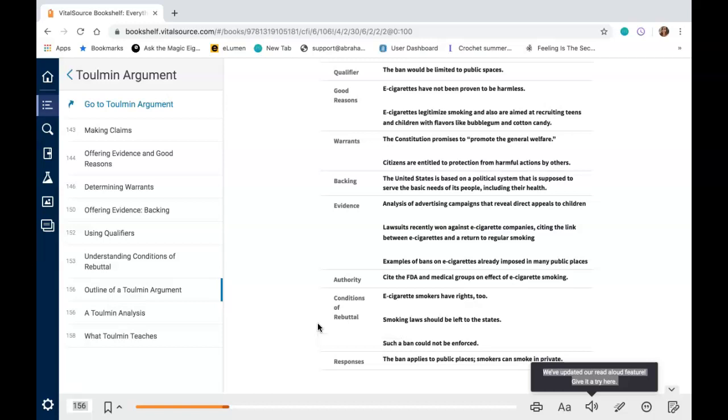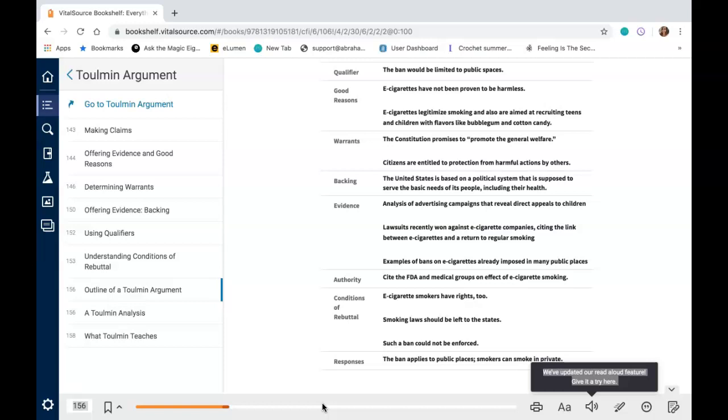Conditions of rebuttal. E-cigarette smokers have rights too. This is where I'm getting back to the public spaces, because if you qualify it just to public spaces, limited to that, they have rights in their own privacy. Smoking laws should be left to the states. That's another rebuttal, because some states might want to limit their smoking laws differently, and such a ban could not be enforced. If you wanted to enforce people